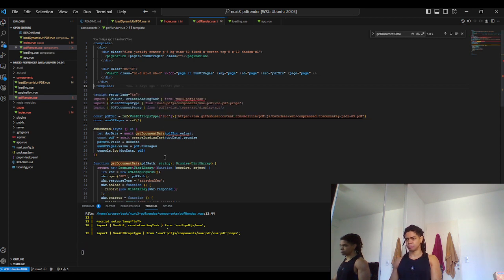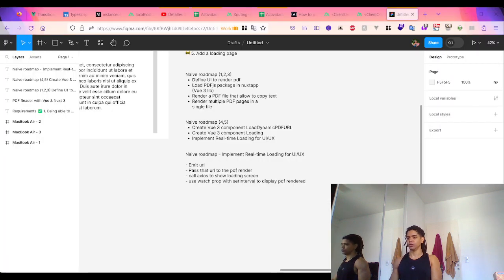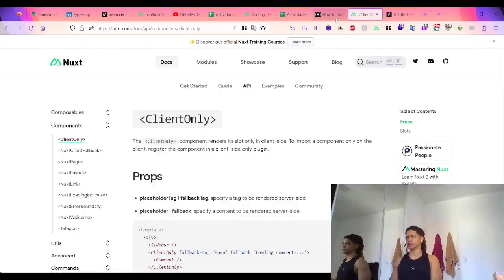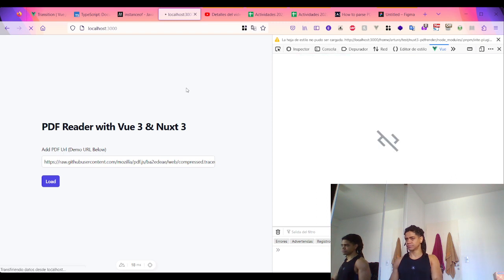Now, let's just make a quick test on the browser. Take a look at the browser, and if I reload this, I should be able to look at this. That's right. So when the user puts the HTTP URL,